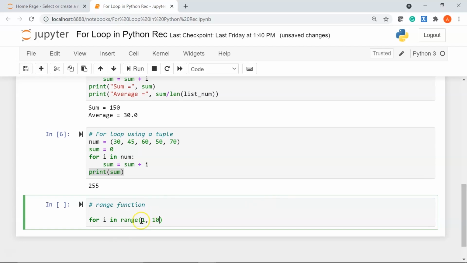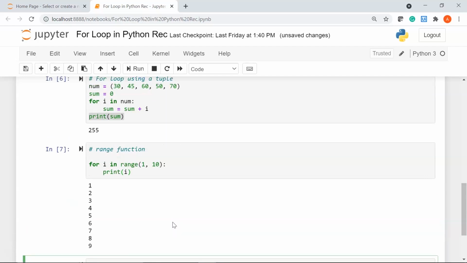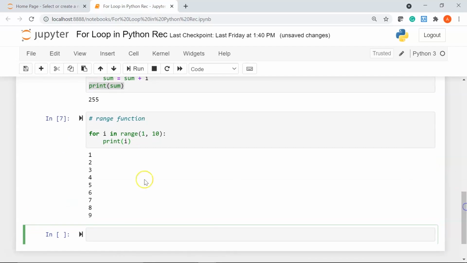So this will go from 1 till 9 and exclude the 10th index. I'll say print i. You see here, for i in range 1 to 10, we have printed all the numbers starting from 1 till 9. So the last index, that is 10, is exclusive in the range function.